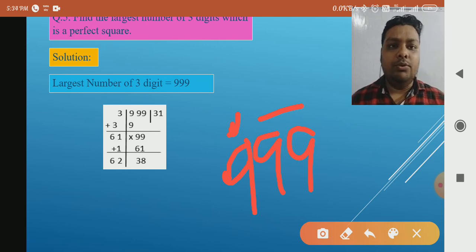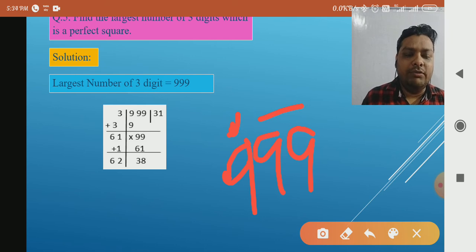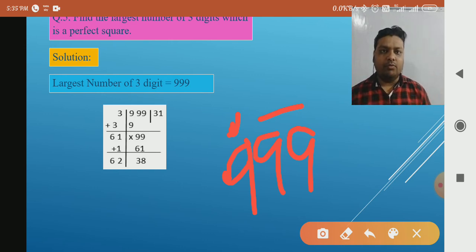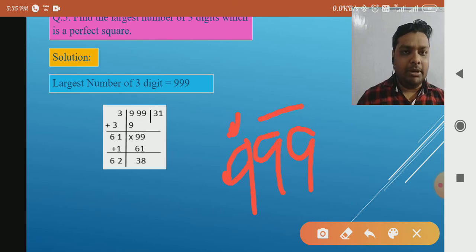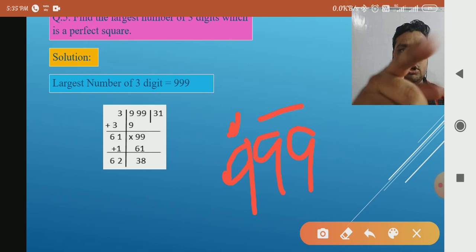So at first we have to solve it. How can we solve? There is no number, there is no divisor. Only the dividend is given, 999. So we will start from what? We will start multiplying from 1, and we have to multiply with the same number. That is, if you are dividing with 1, then you will multiply with 1 also. That is 1 into 1. So 1 into 1 we know is 1. It is also less than 9. The first period is 9, so it is less than 9.